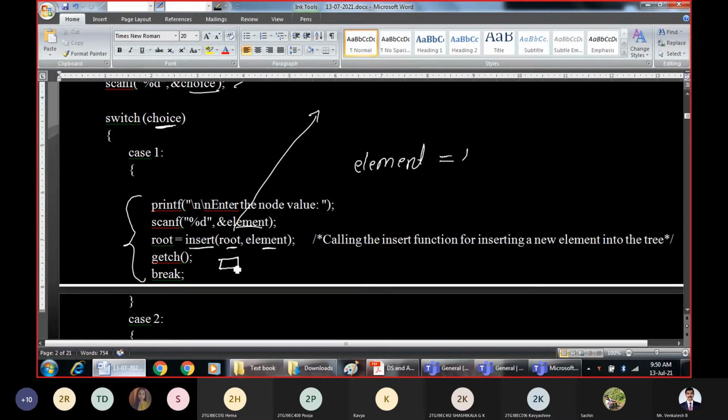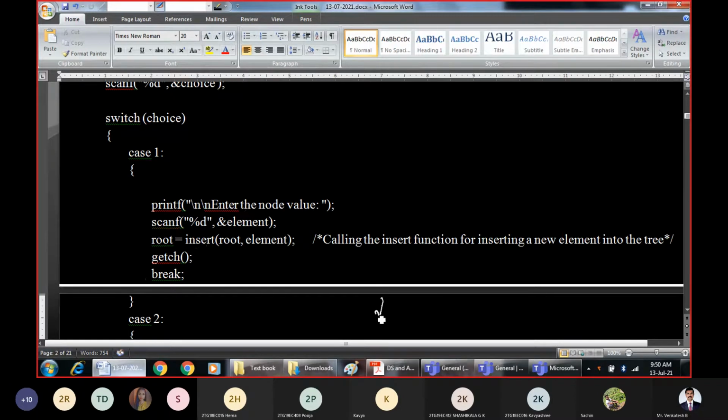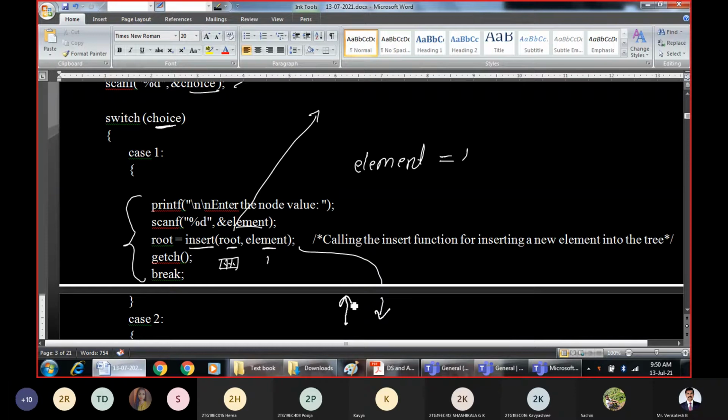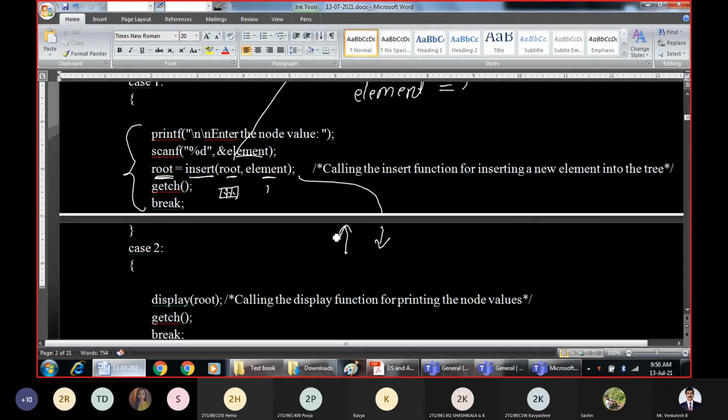So with this one empty node containing null, along with the element 1, we are calling the definition of the insert function. The body of the insert function will be executed, and then the return value will be assigned to the new root. This is how the usual function call and function return work, which is known to us.